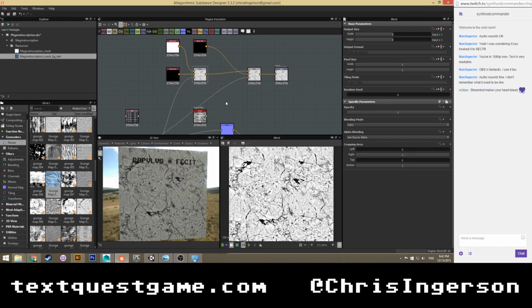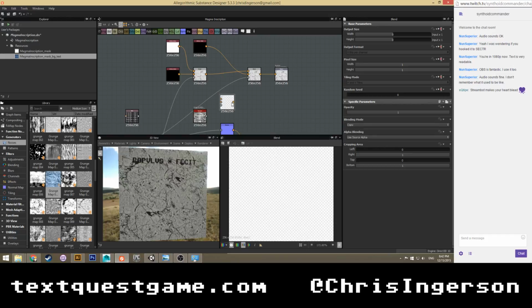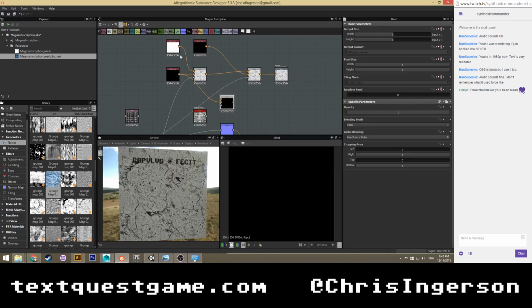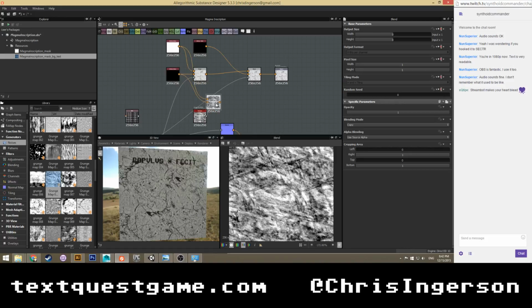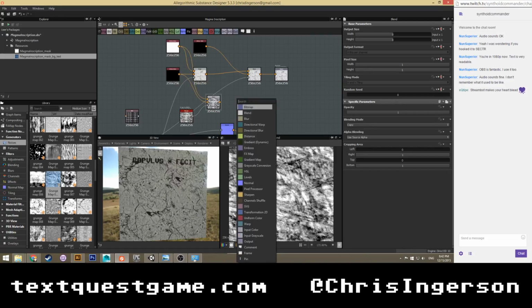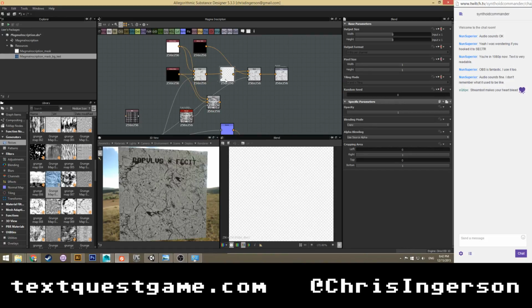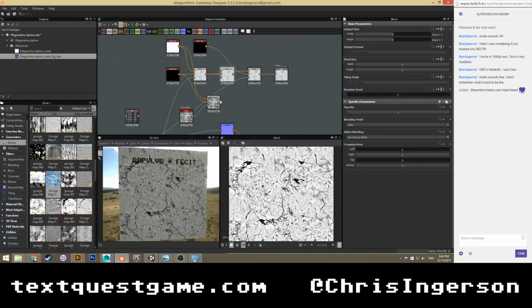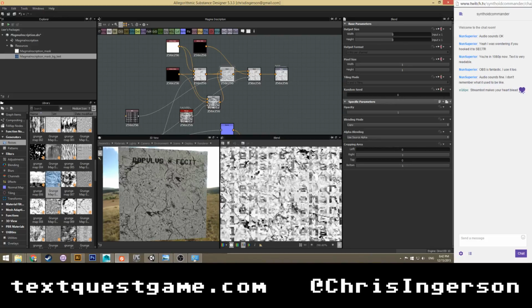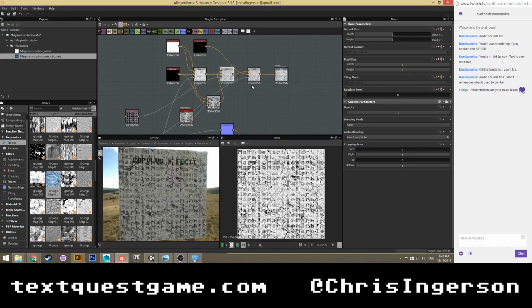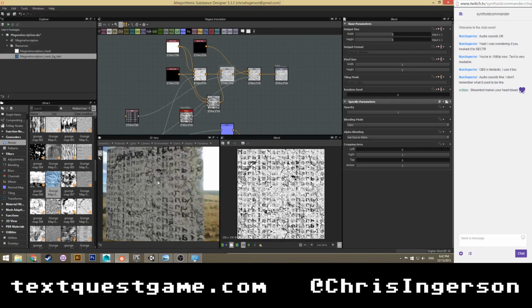Hooray. Okay, so we're gonna have to do this. Background, color, there, and then now we can blend these two guys together. Blend. Background, foreground, mask. So that gives us that. Feed you into there. And that gives us that.